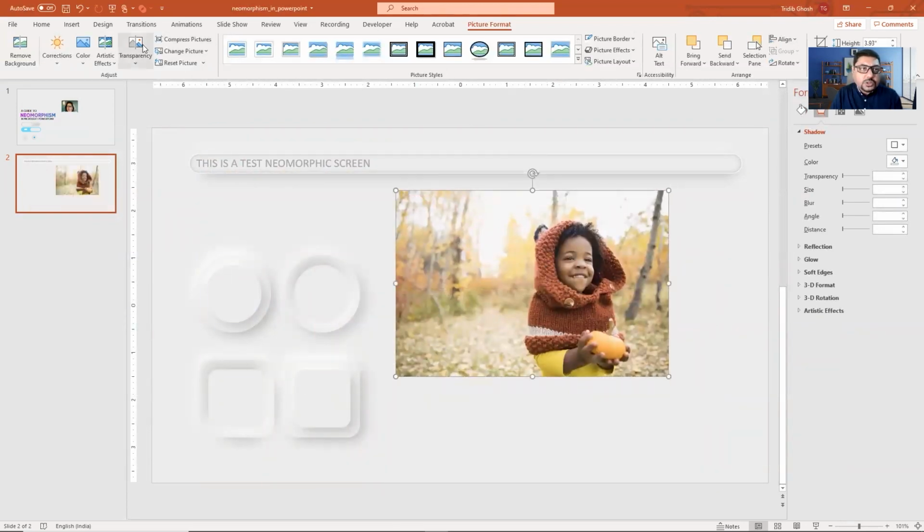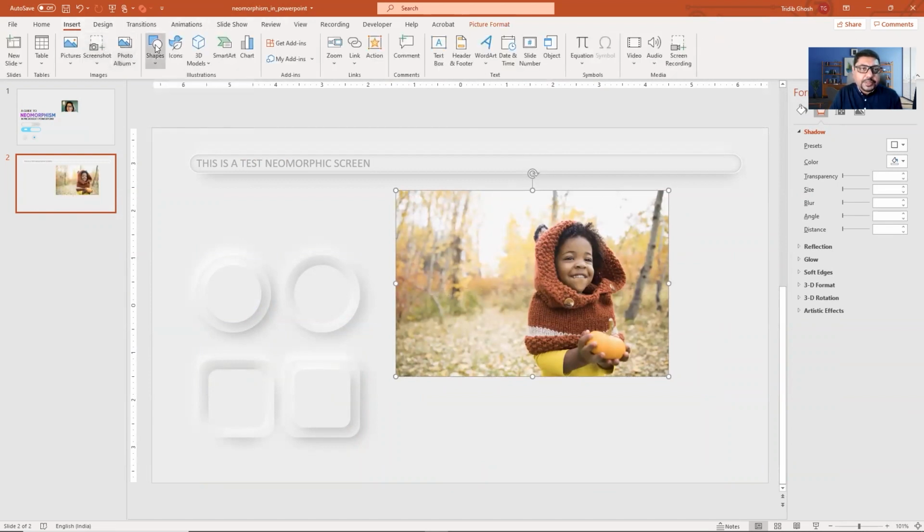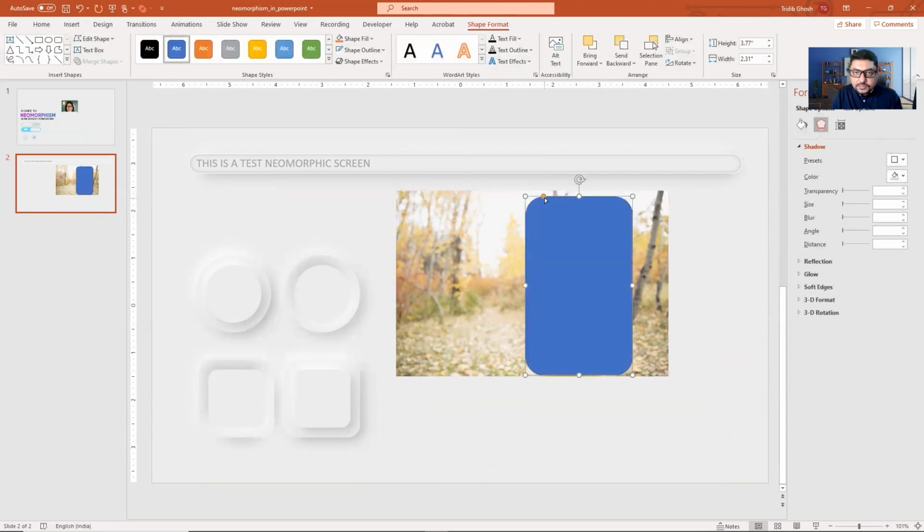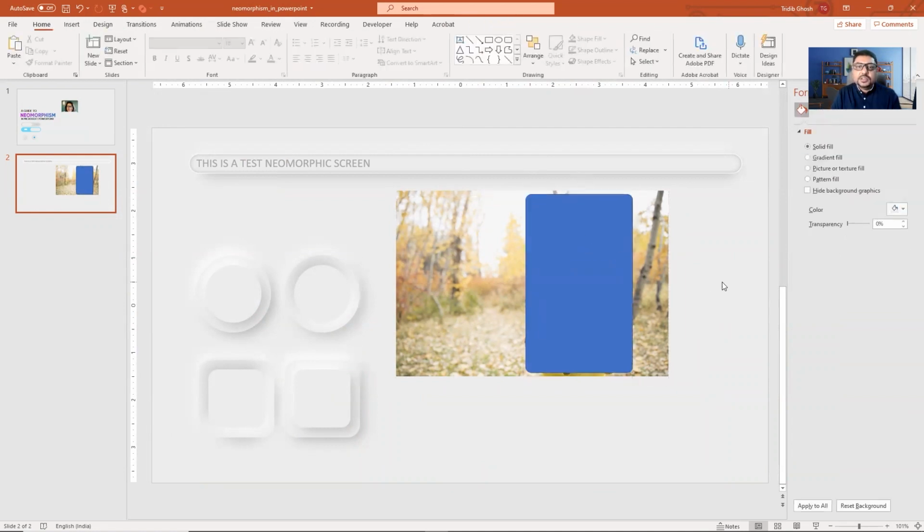And what I will do also, I will take a shape, this type of shape that has a corner radius, and I will only take this much of the image.